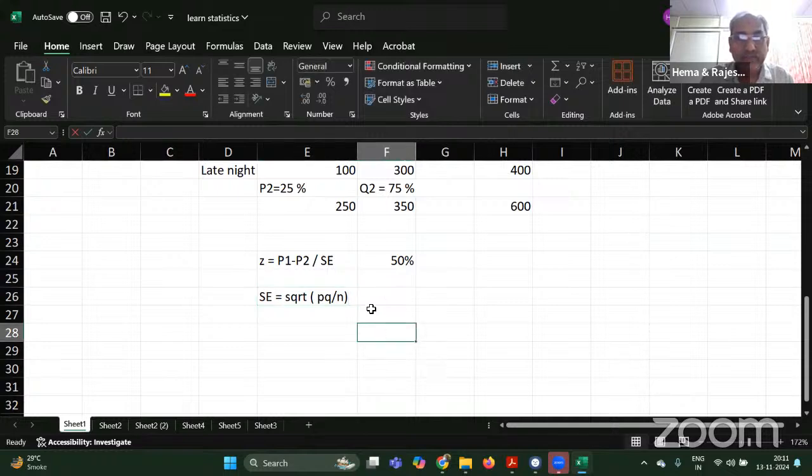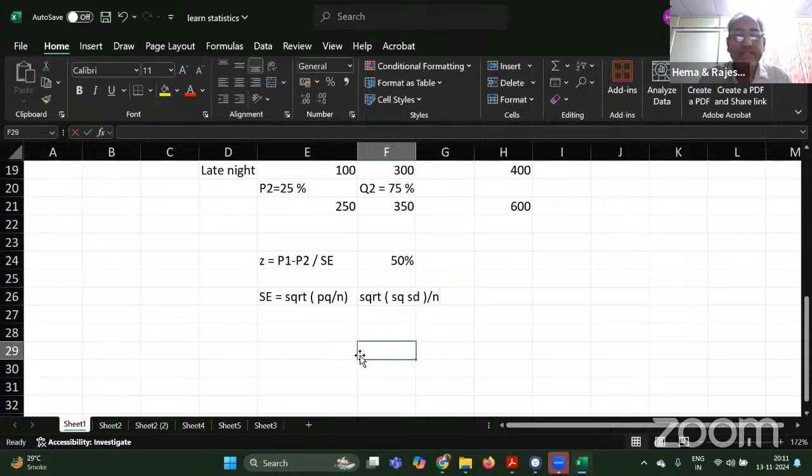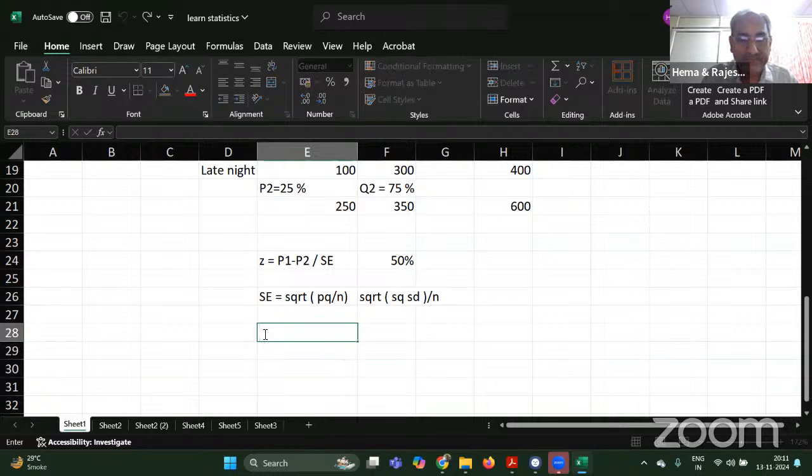What you say, what you are taking is the square root of the square of SD upon n. Now look at the similarity. This is a square of standard deviation. That means SD into SD. Instead, because we don't have SD over here, what we are doing is P into Q. So that will be almost equal to SD into SD. Otherwise the same. But when you go for the standard error of difference between two proportions, it is equal to square root,